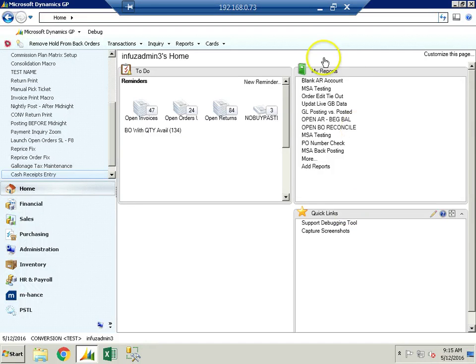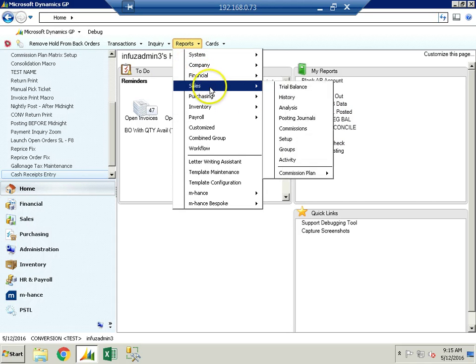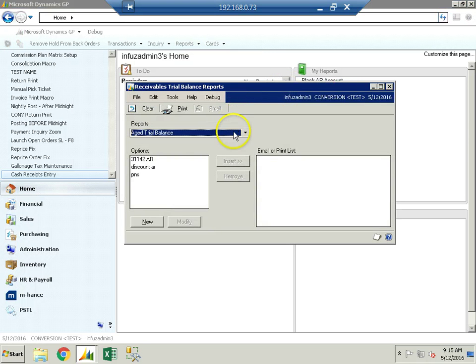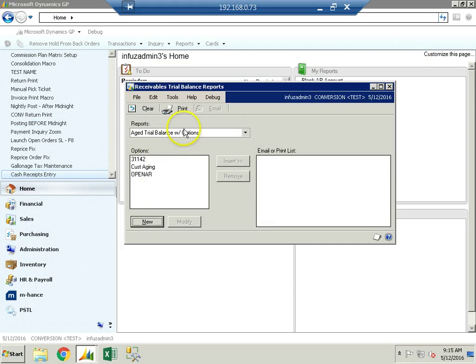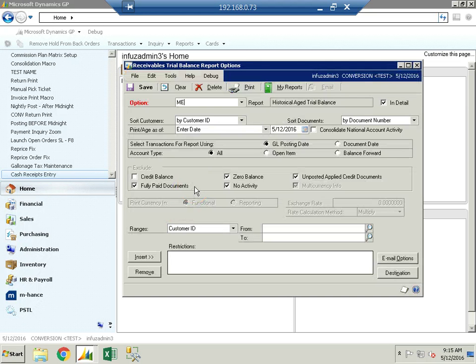Another thing on your homepage is My Reports. These will run your canned reports for you immediately. So for example, at month end, your accounting department or whoever might be running the AR trial balance. If I come into one of these canned reports, I can set this option and call it like month-end AR. I have the option, there's a better one that I want, historical. So I can save this as month-end AR,